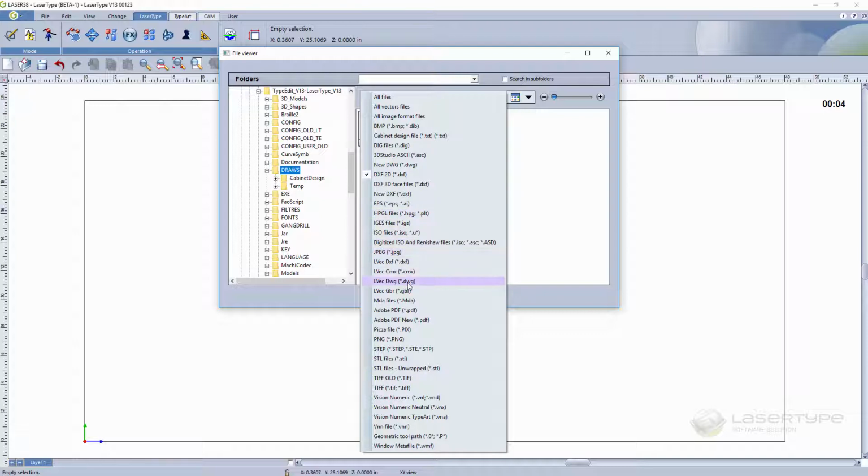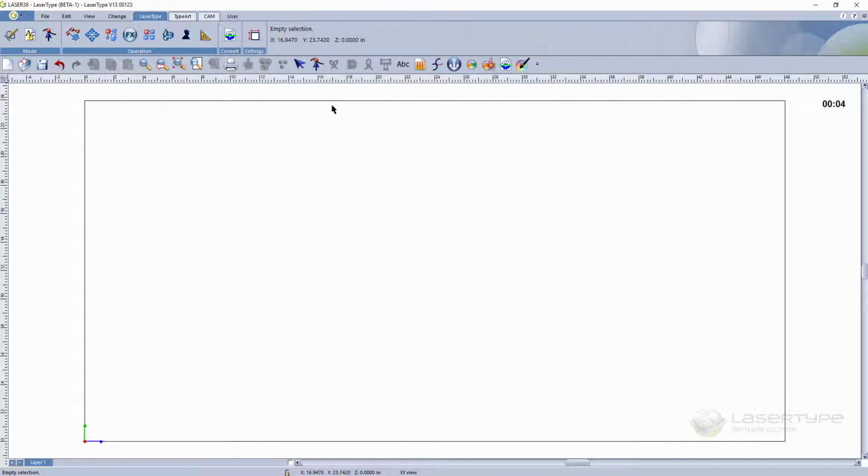You can also import CorelDRAW from CMX format, PDF format, and 3D formats like STEP and STL. So it is a very versatile package for the importation of different types of 2D and 3D files.